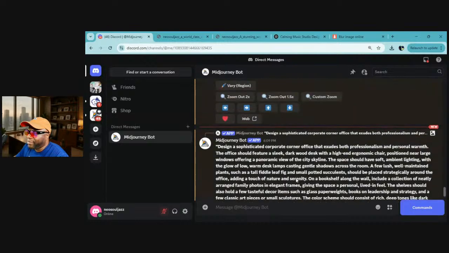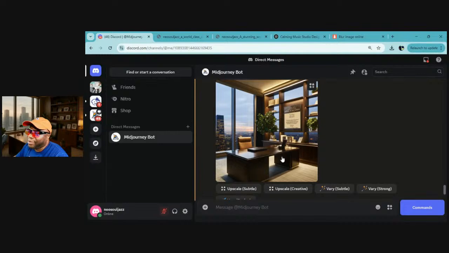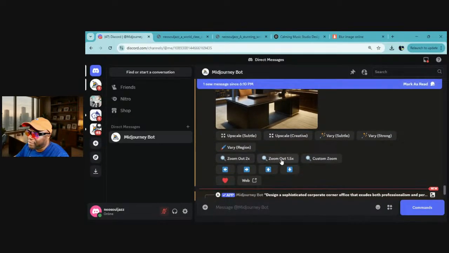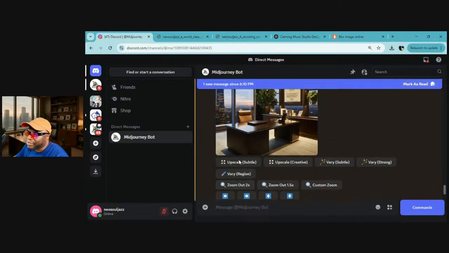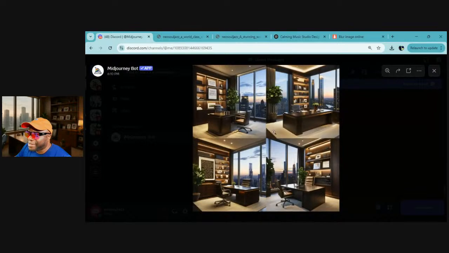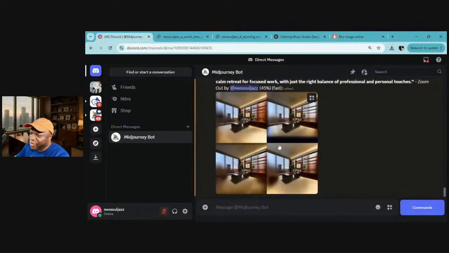Now it's working on the variation of U3, but you can actually zoom in or out of an image by clicking on zoom out 2 times or zoom out 1.5 times. So I'm going to ask it to zoom out 2 times so that it's much further away. And then these are the variations it's provided. As you can see, it's given me some variants, and there's so many choices. Although I think I prefer what Dolly did in this case, but let's wait and see